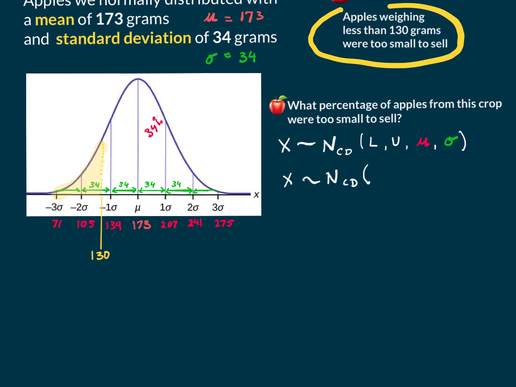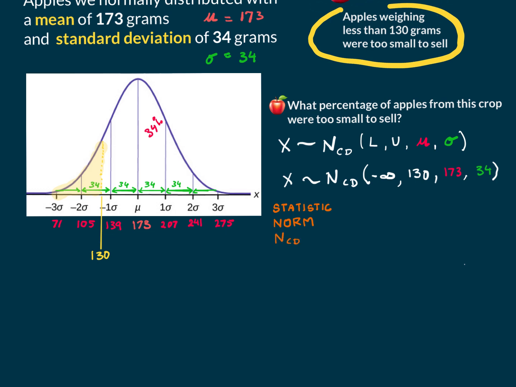Our lower part is negative infinity, as we are starting from the left-hand side over here, followed by 130, followed by the mean, which we're told is 173, and also the standard deviation of 34. Using statistics in the menu, press norm, followed by NCD,